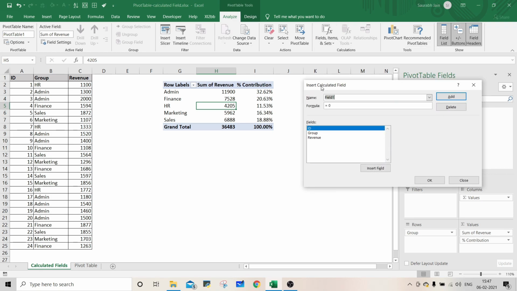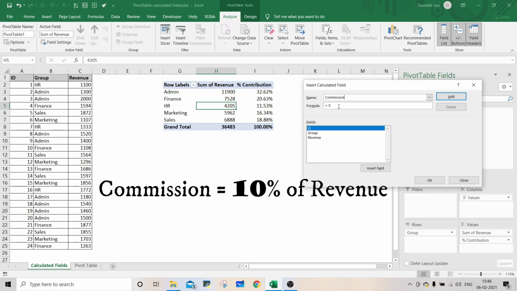Now in the insert calculated field box, enter any field name. So type commission, and in the formula field, type the required formula. Now in our example, commission is 10% of revenue.